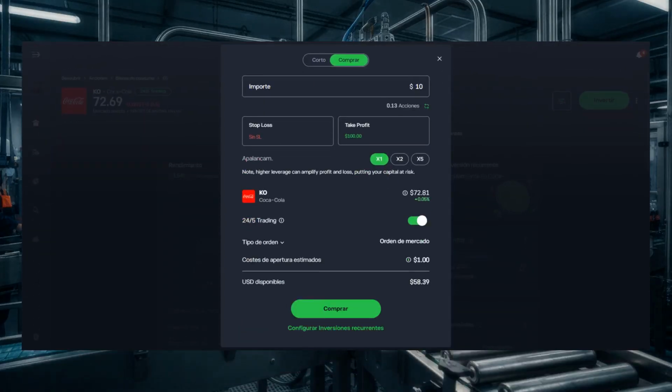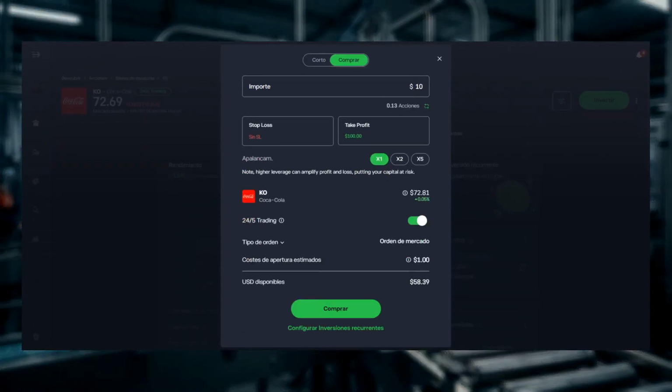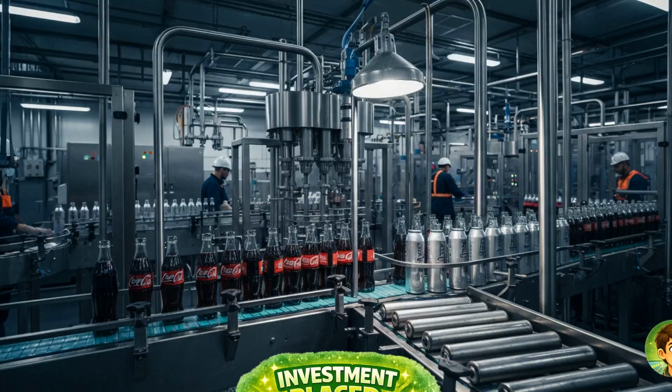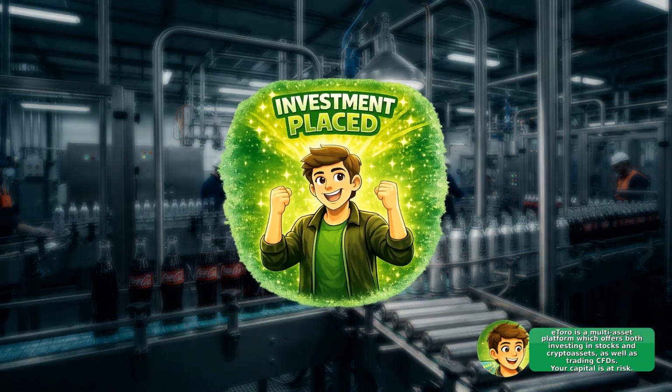Tap the Invest or Trade button, choose the amount you want to invest, then review and confirm the order details. If the market is closed, the platform will schedule the order or show a notice, and if you do not have enough funds, the broker will prompt you to add money before confirming. Your new position will appear in your portfolio once the order